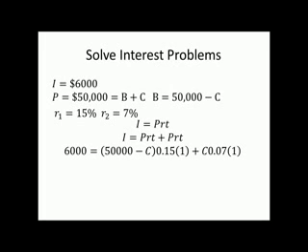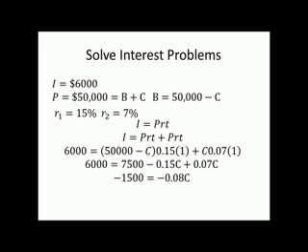So now we have an equation with only one unknown, and we need to start solving for that unknown C. So we start to distribute, and we combine some like terms, and we get negative 1500 equals negative 0.08 C. Now obviously you can just go ahead and drop the negative, but it'll disappear when I divide by the negative 0.08 anyway. So we find out that Betsy needs to invest $18,750 in the CDs and